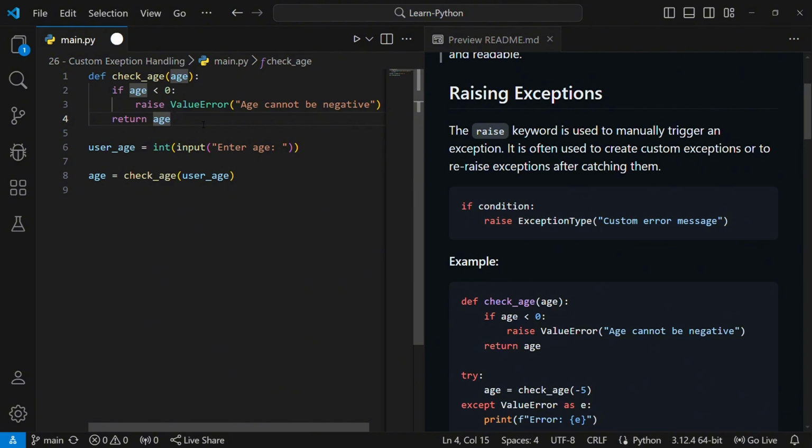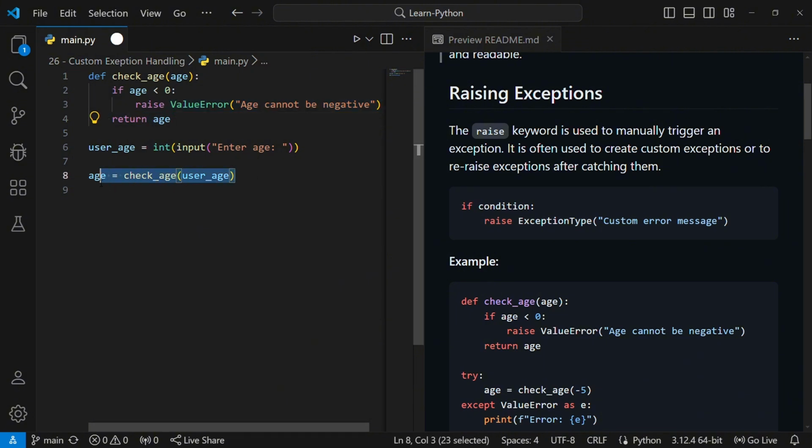So how to do this? You just put a condition, because you can't just raise an exception from nowhere. You have to put a condition first, then you put the raise keyword, then you put the type of exception that you want to raise. We already discussed the types of exception and told you the common ones, the ValueError, the TypeError, those are some of the common exceptions. So in this case, we raise this ValueError. So if someone provides an edge that is not positive, we'll raise a ValueError,